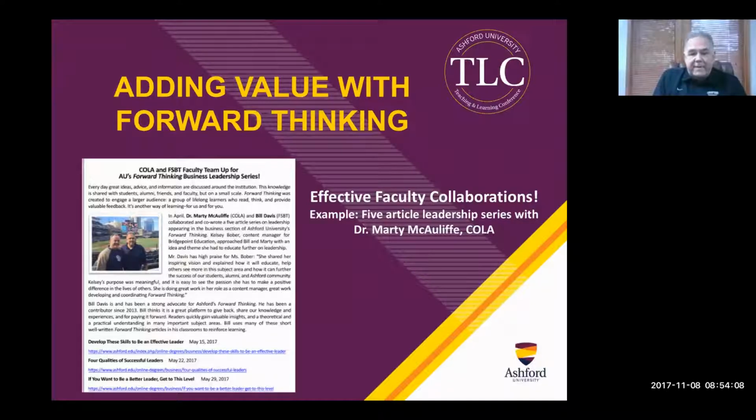There are many benefits to being a contributor to Forward Thinking. And one of my goals in this presentation is to show you as a faculty member what some of those benefits are. Obviously to further student success and further learning. But I'll tell you, one big one is collaboration. When you work remotely, you want reasons to engage your colleagues and to do something purposeful. And what a platform this is.